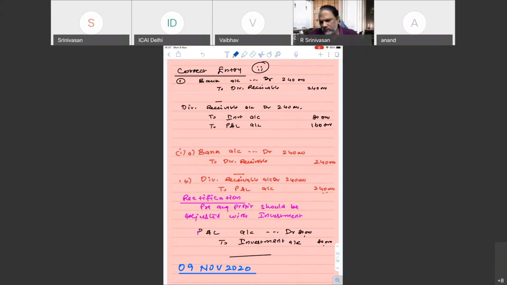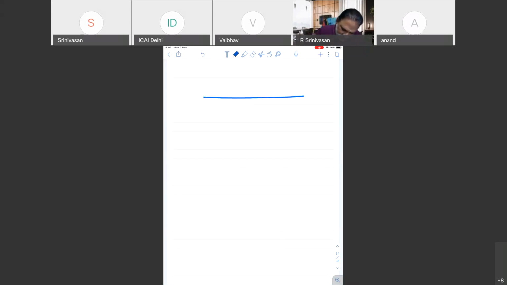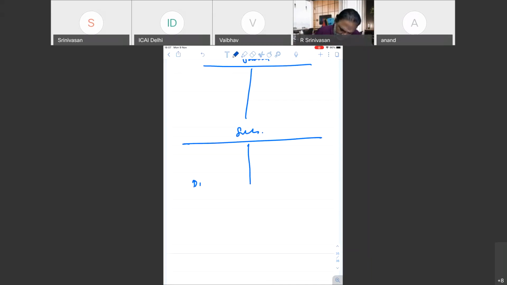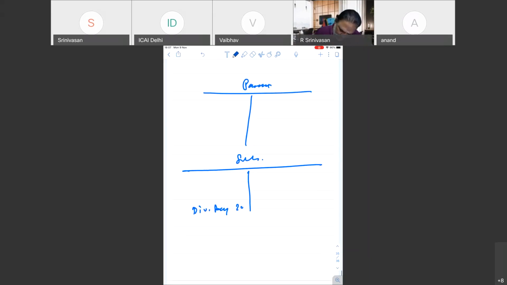And if dividend payable is there, see, this is the parent company and the subsidiary company. Dividend payable in the subsidiary company will be there under current liability. Let's say 2,000 is there. In the parent company, dividend receivable will be there, because they declared it, so to receive it. So dividend receivable will be there to whatever their share, 1,200. 800 is the share of the